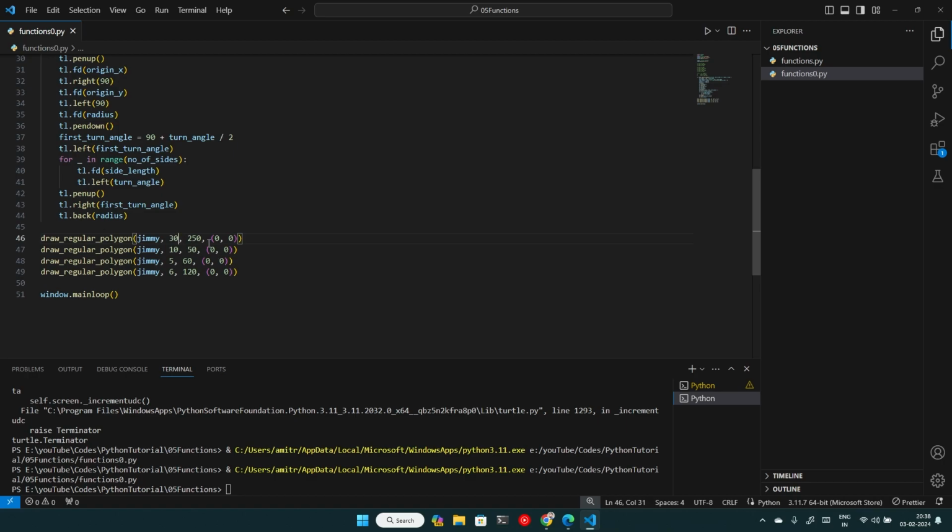And now what we can do, we can simply give a triangle with a radius of 250, then we can create a quadrilateral with a radius of 50, a pentagon with a radius of 80 maybe, hexagon 120. Everything is created at the same origin place. So 7, and this time let me put 200, and let's check how it works.